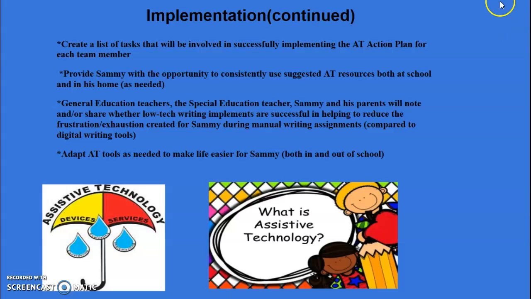We would provide Sammy with the opportunity to consistently use these suggested AT resources both at school and in his home as needed. General education teachers, special education teacher, Sammy and his parents will note and share whether low-tech writing implements are successful in helping to reduce the frustration and exhaustion created for Sammy during manual writing assignments compared to digital writing tools. AT tools will also be adapted as needed to make life easier for Sammy both in and